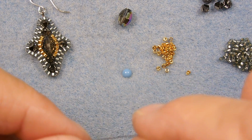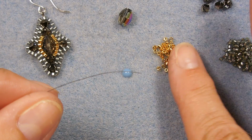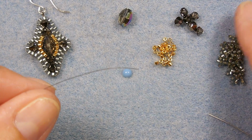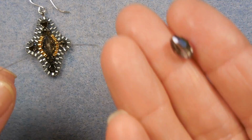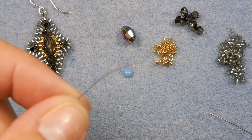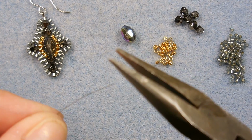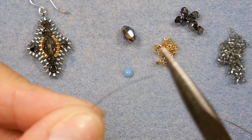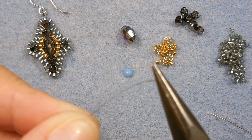Okay, we're back. So I've got my materials together. I've got my Bicones, my gold beads, my silver beads, my oval bead, my beading needle, and some 8-pound Fireline. First thing I'm going to do is take my flat nose pliers and flatten out the tip